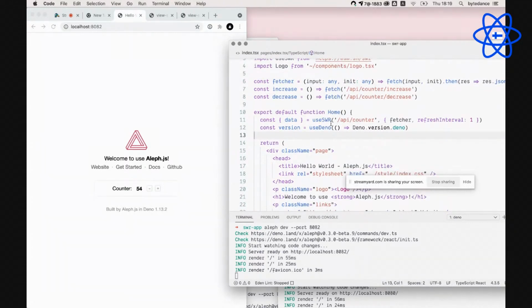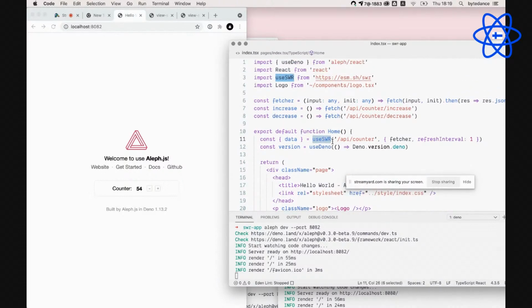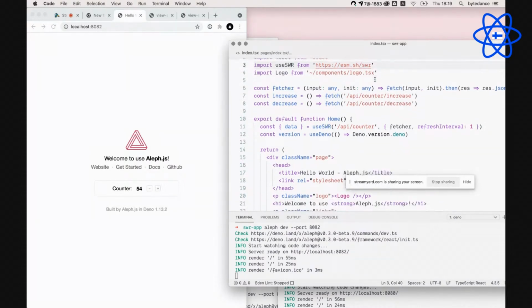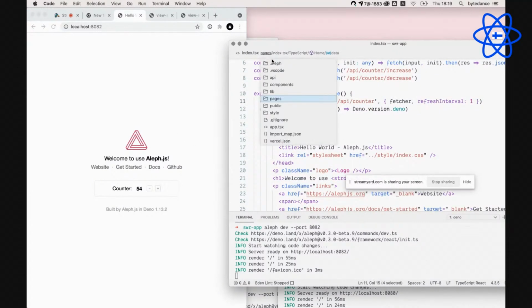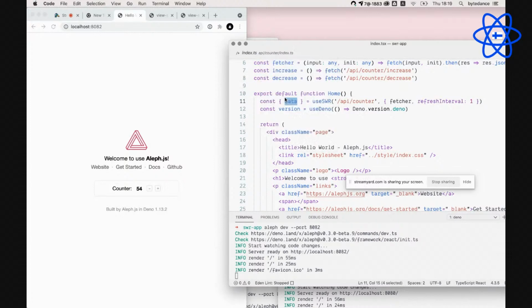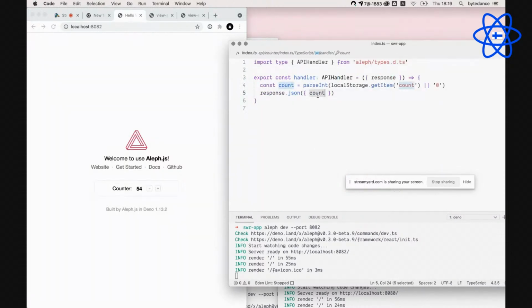For example, I use SWR, this hook from an NPM package by Vercel. So I can get the data from the API. The API is very simple, it just returns a count. But the count is very different.